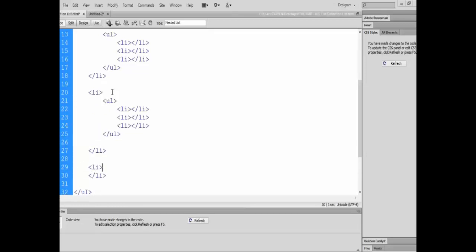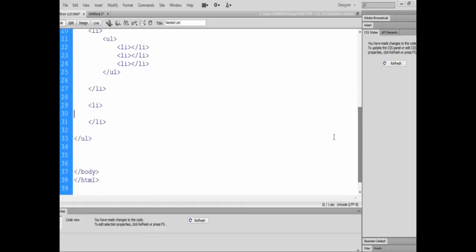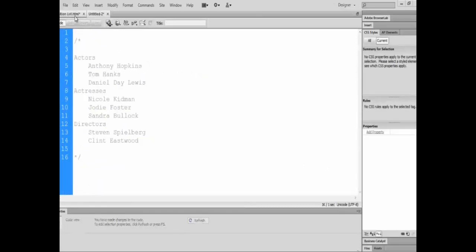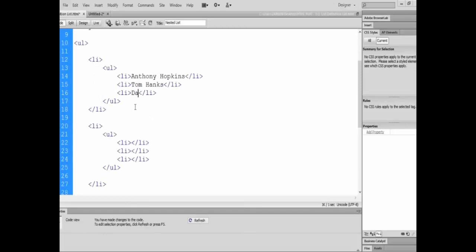And lastly, an unordered list inside the directors list item. Now let's fill in these list items with these great Hollywood artists. All of these are Oscar winners, by the way. Nicole Kidman, Jodie Foster, Sandra Bullock,